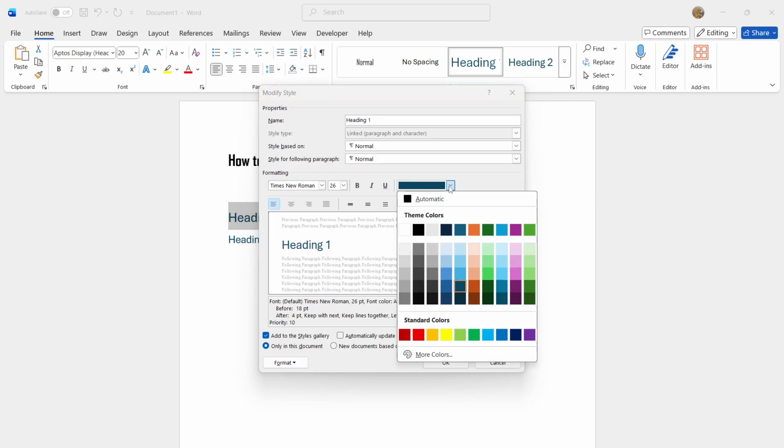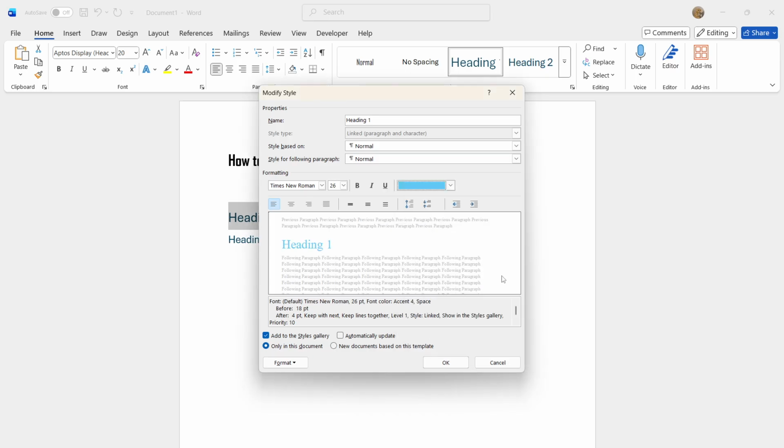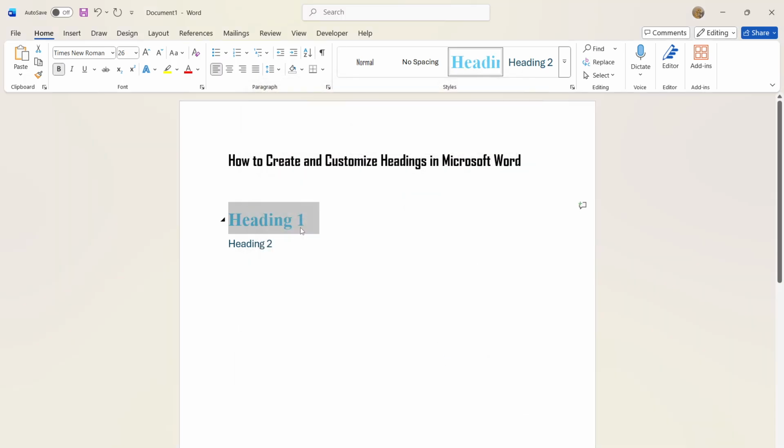For fine-tuning spacing, click Format at the bottom of the window and choose Paragraph to adjust spacing before and after the heading or the line spacing. When you click OK, every instance of that heading style in your document updates instantly, keeping your formatting perfectly consistent